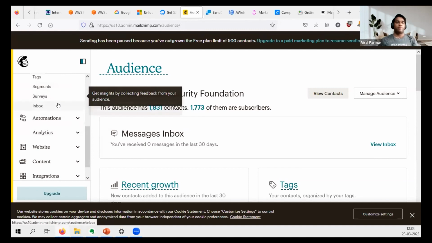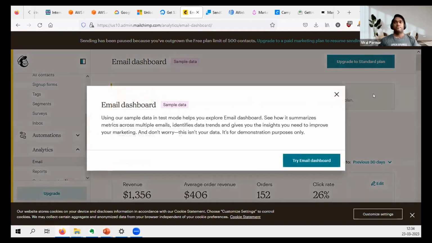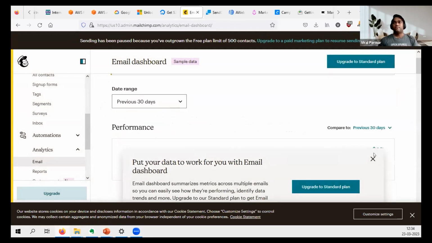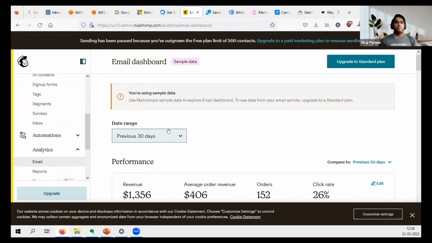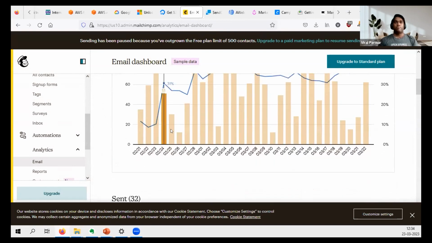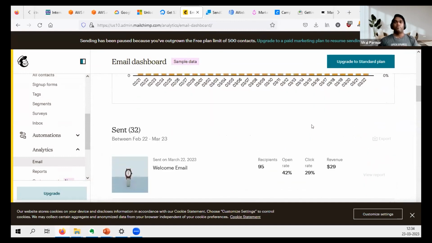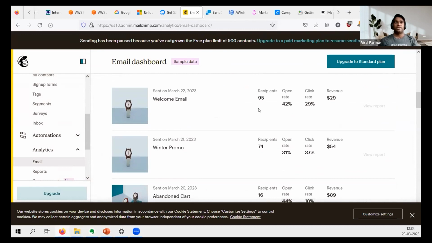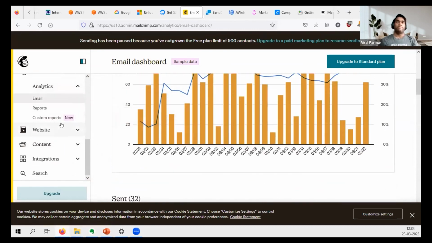You can take surveys from them as well, and other things. Right? And also you guys can check the analytics, as I was showing, the number of emails sent and people who clicked on it and responded, that we have got emails on which links were opened and everything. You guys can actually check it here in your analytics part and in every campaign.